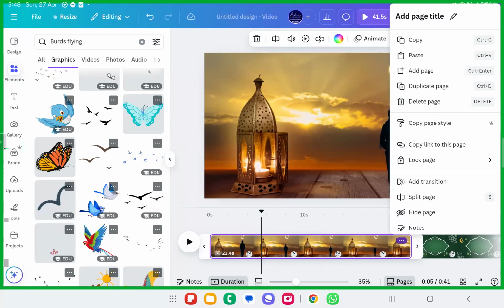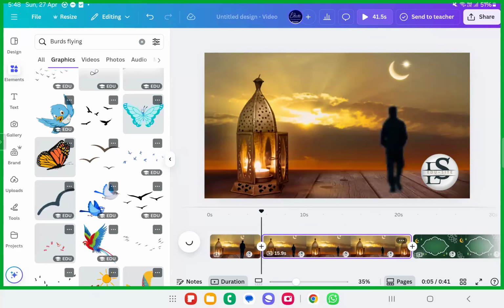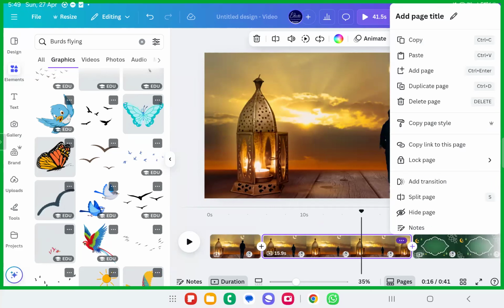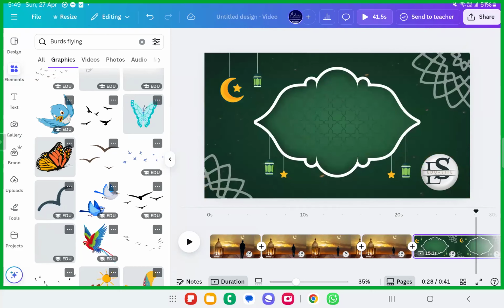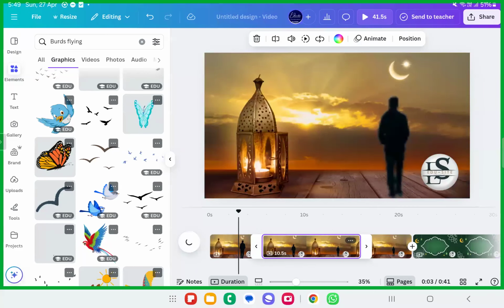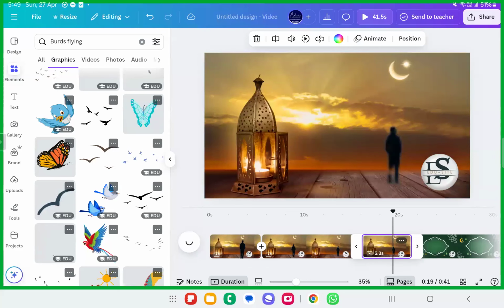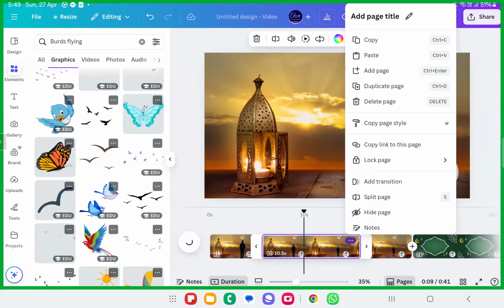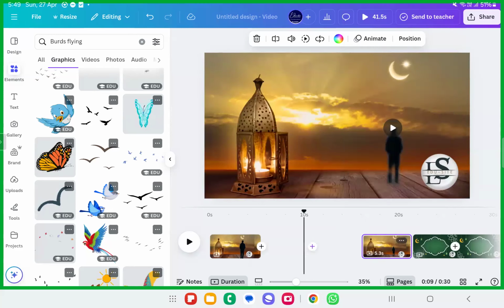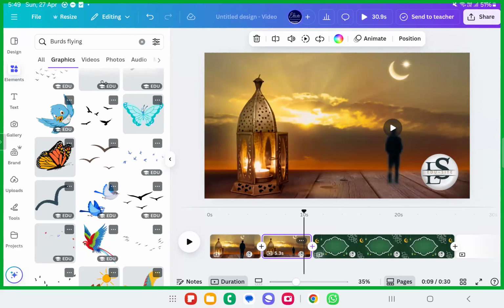Click on the 3-dot button on the video, split page. Split page done. At 6 seconds you have split it. Now come to the 15th second. You just need to click on that on the timeline. Click on it and then split the page. I have made it into 3 parts. Can you see that? 1 part, 2 parts, 3 parts. Yes or no? The second part I want to remove, 6 seconds to 15 seconds. How to do that? Click on the 3-dot button and delete the page. Understood? This is how you can split and merge the stuff.